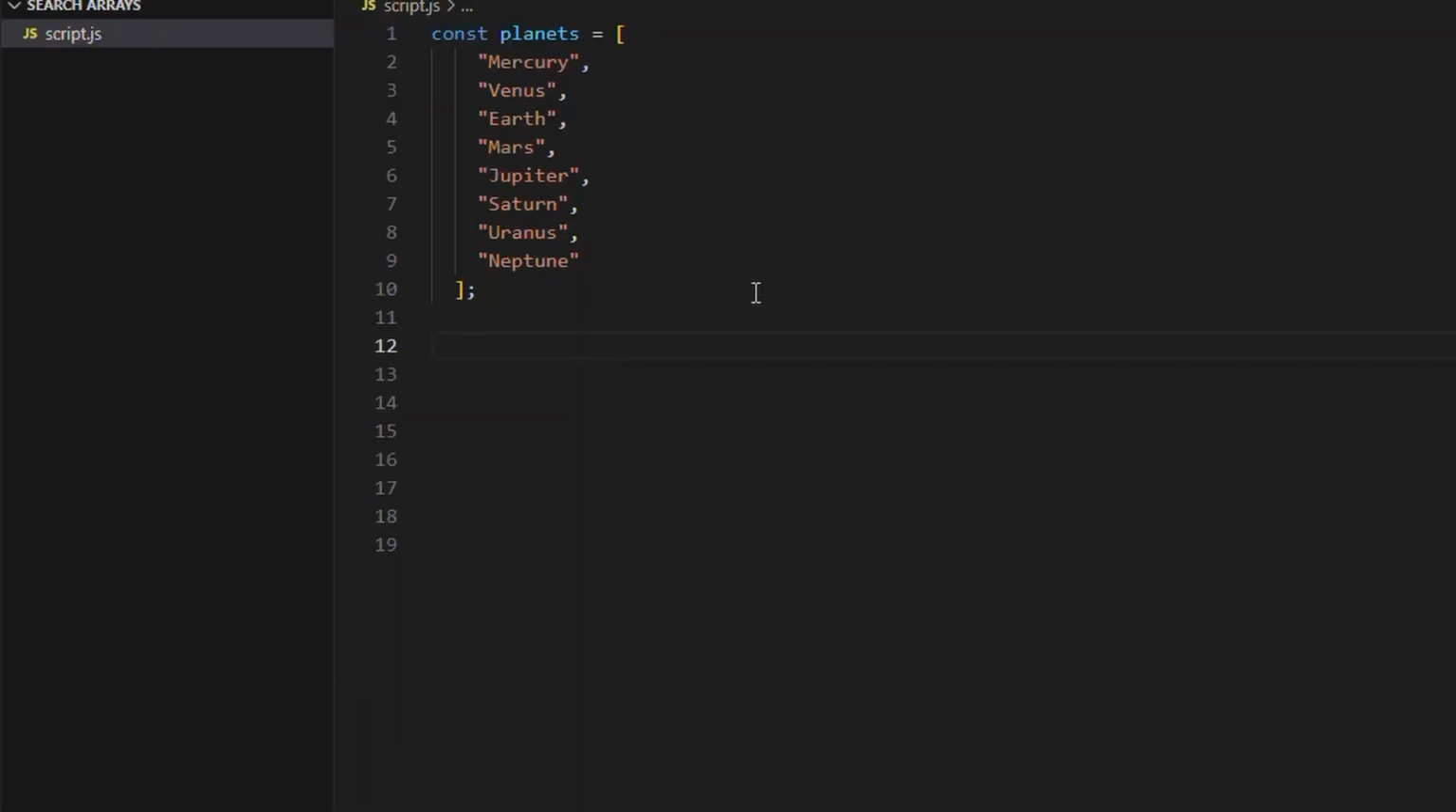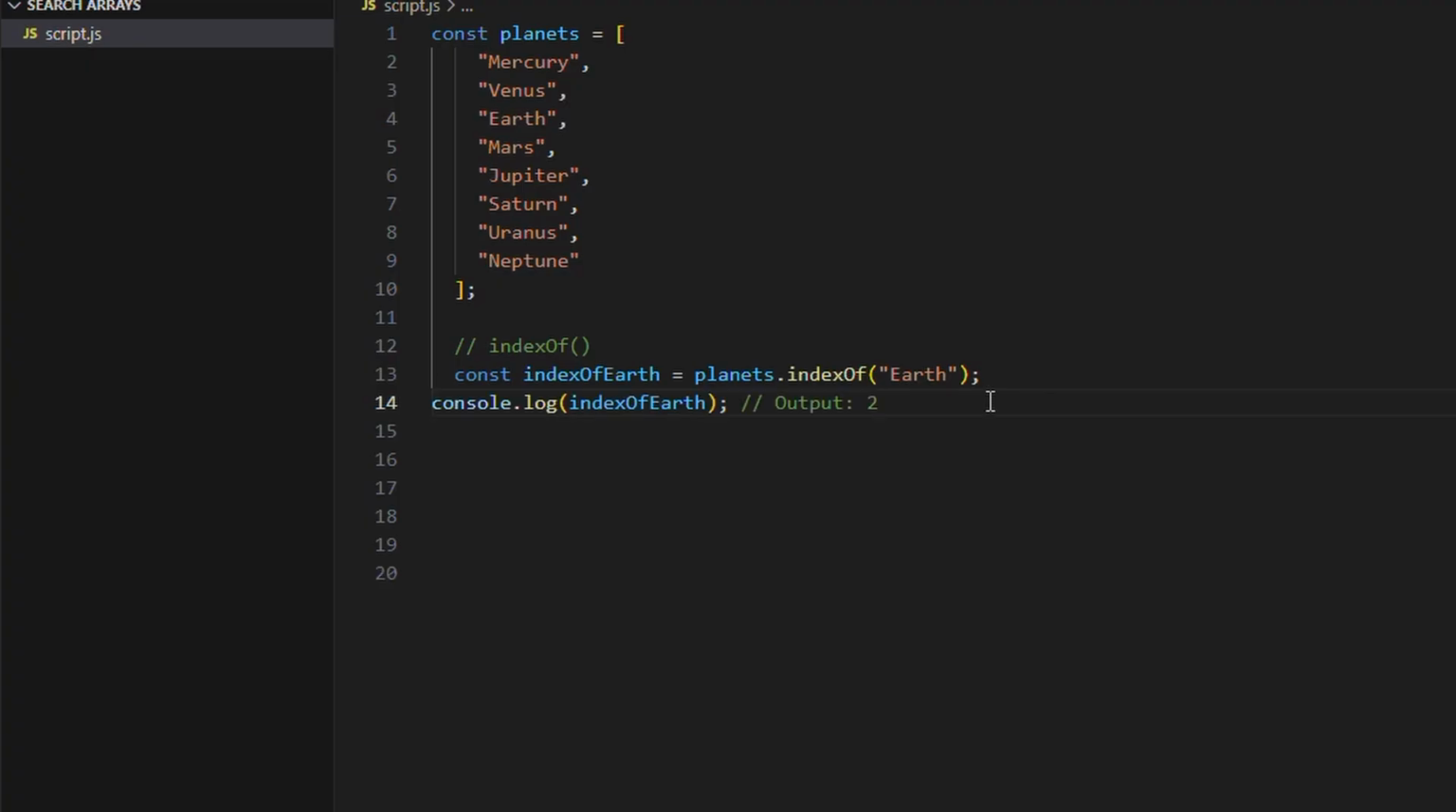The first method we're going to use is indexOf. So we're going to use our planet array for this one, and let's say we want to find Earth. What indexOf will be doing is searching the array, and the first instance of Earth will be what it logs to the console. So if we did console log, our answer would be 2, as it's the third item in the second index. Now, if we had another Earth in the array, it would still only show the first